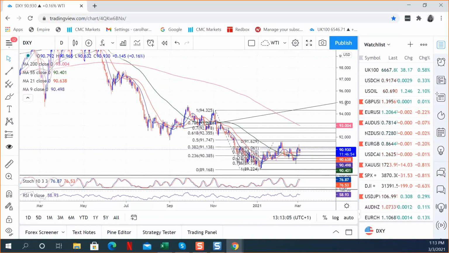Also, looking at the Dixie, stochastics could be, not yet, because they're flat at the minute. They're converging, but they could be turning. So again, you want to go in and ask, what is happening with my euro dollar? Let me check on the dollar index. And if you can see that they're the same,